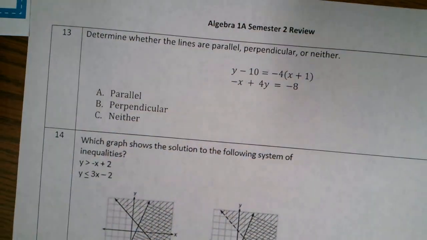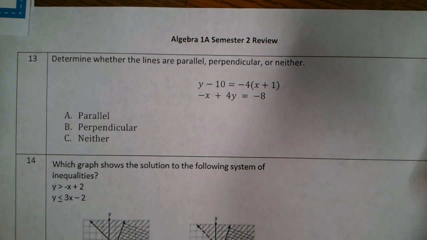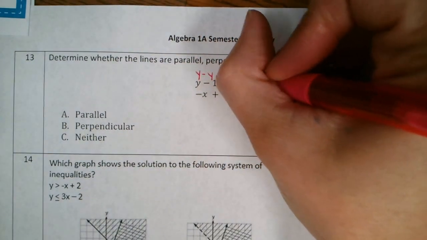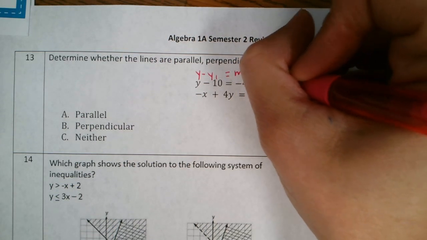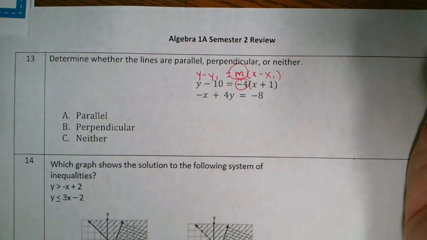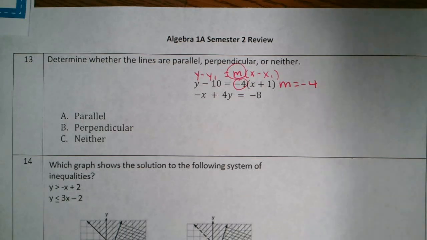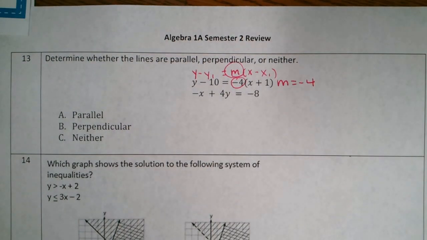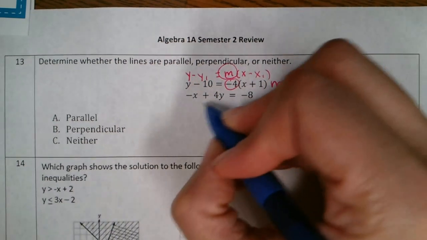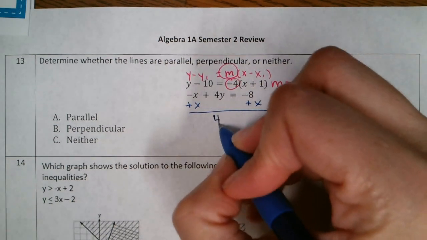Number 13. Determine whether they're parallel, perpendicular, or neither. So we've got a couple different equations. This equation is in point-slope form. When we have point-slope form, our slope is out in front of the parentheses here. So this one has a slope of -4. This equation is in standard form. I need to get this equation into slope-intercept form. I would do that by putting the x on the right side